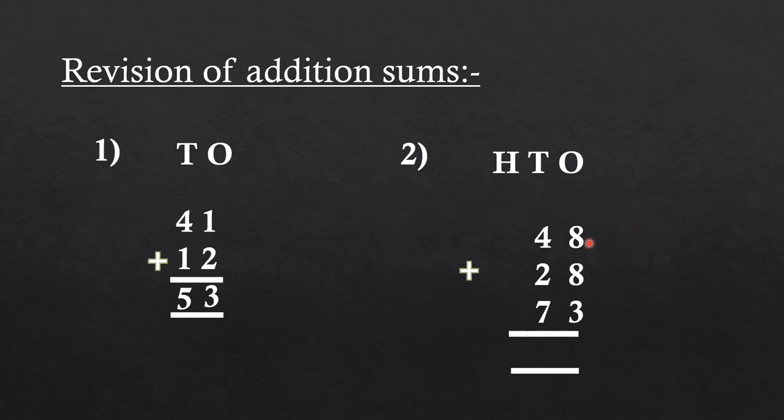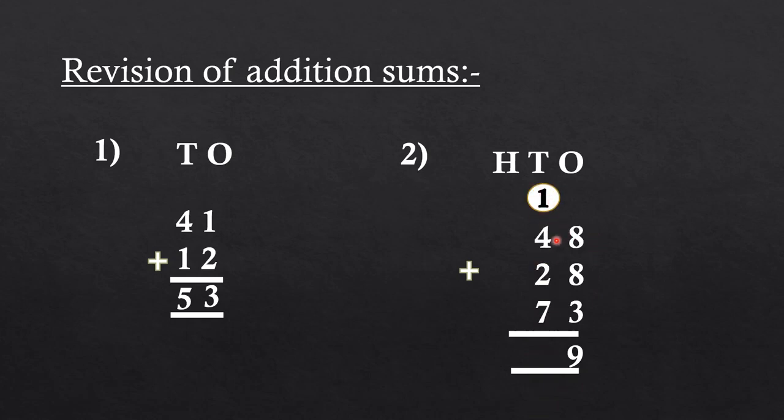So here keep 8 in your mind and 8 on your fingers. So after 8 you have to count 8 numbers, 9, 10, 11, 12, 13, 14, 15, 16. So keep 16 in your mind and 3 on your fingers. So after 16 you have to count only 3 numbers, 17, 18, 19. So we will write 9 here at ones place column and 1 will be carry over.